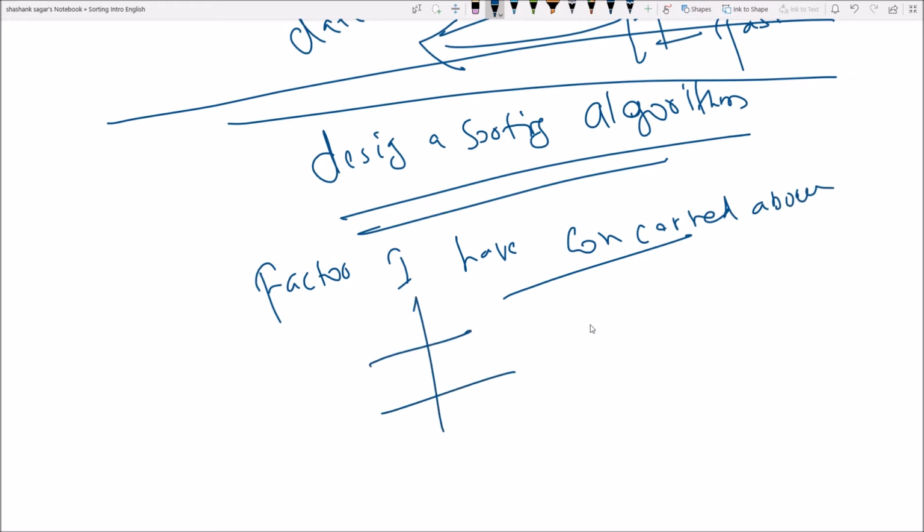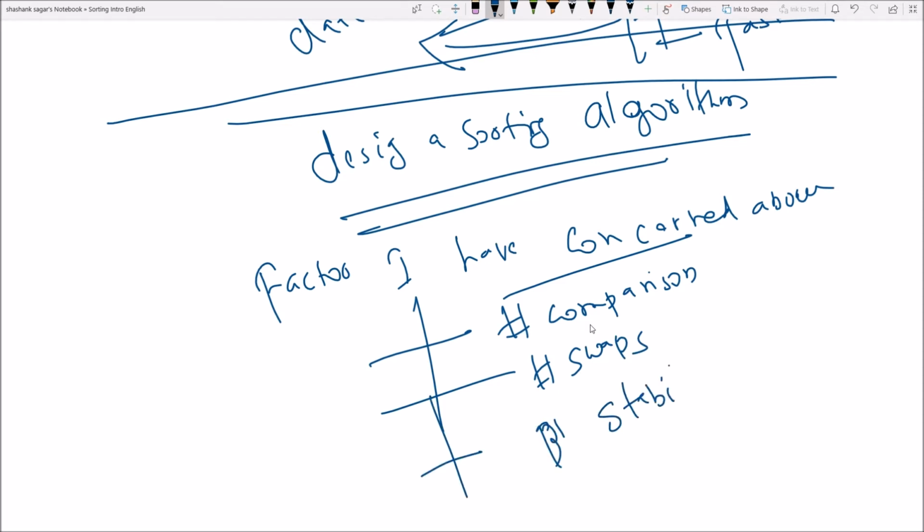These are the number of comparisons, number of swaps, third one is stability, that is whether that particular sorting algorithm is stable or not, and fourth one is runtime.